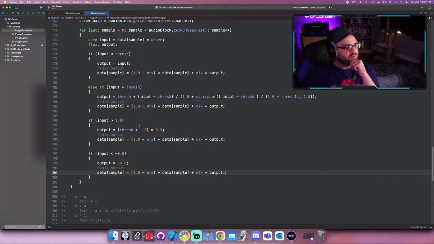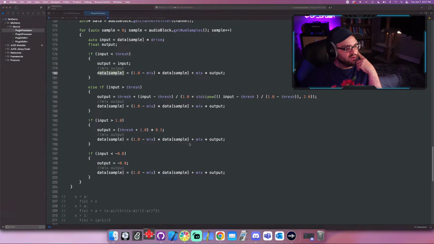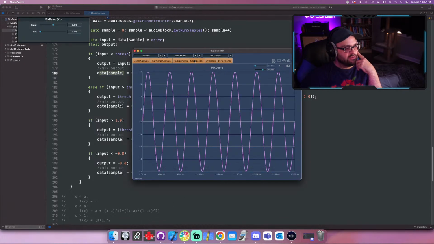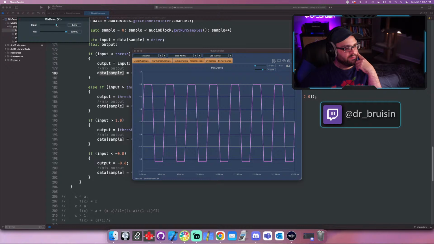Yeah, we're getting a different shape. And it's because we added this output and kind of changed the way we're doing the data sample data. And that's making our distortion shape different, which, I mean, it's still distortion, so it's still kind of soft at the top and hard clipped at the bottom, but